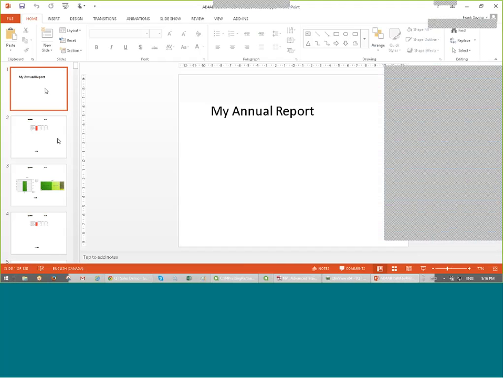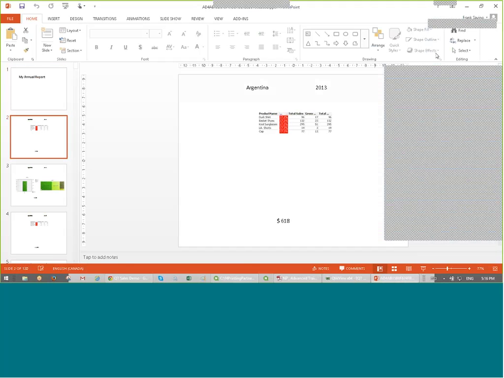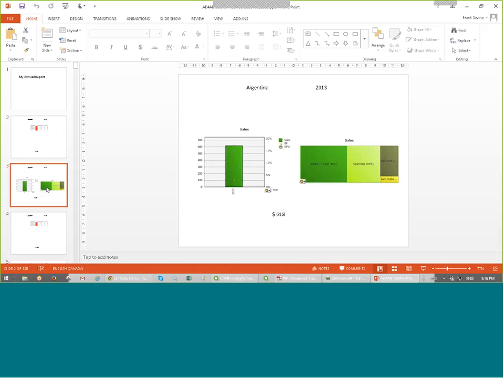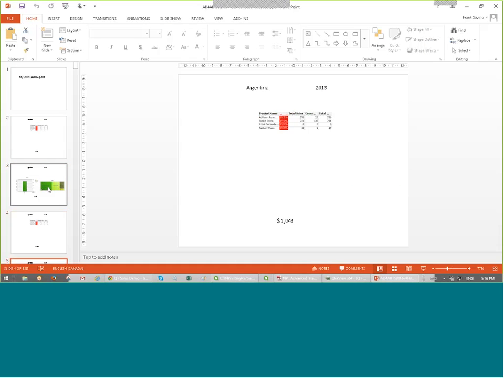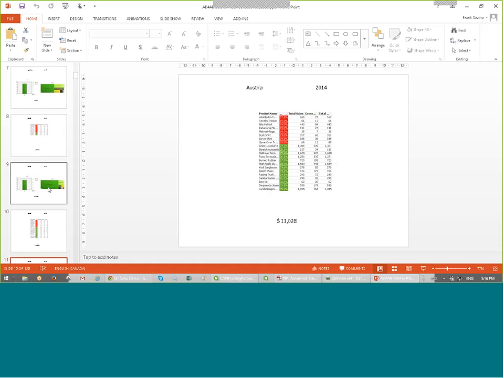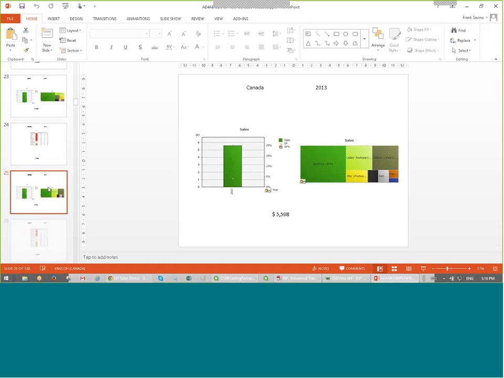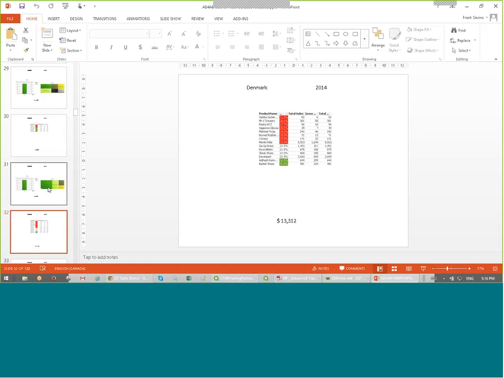Okay, so our report is done. You can see here, very simple, didn't get too complicated, but for Argentina in 2013, it's $618 and down the line. So you'll see that, and it's cycling for all 3 years, Brazil, Canada, and it's giving you the sales value. Now, if we go all the way to the end,